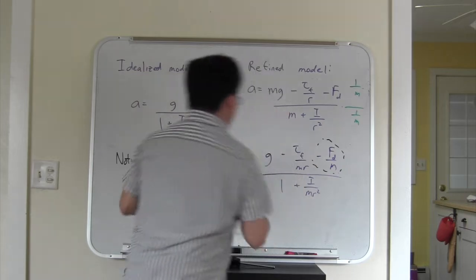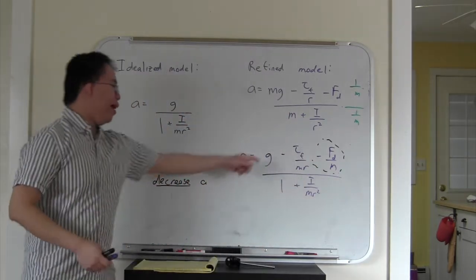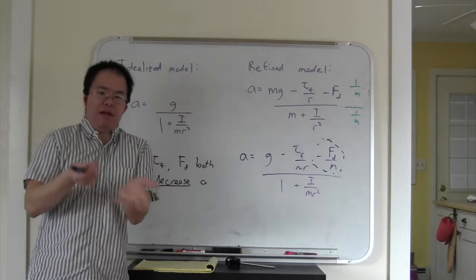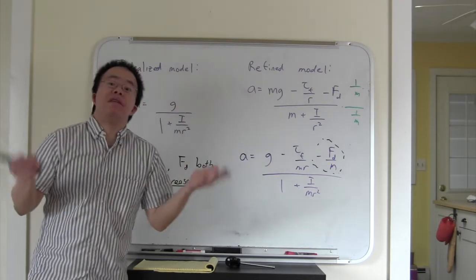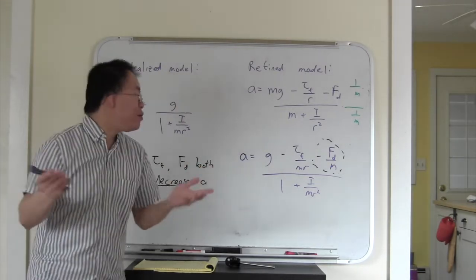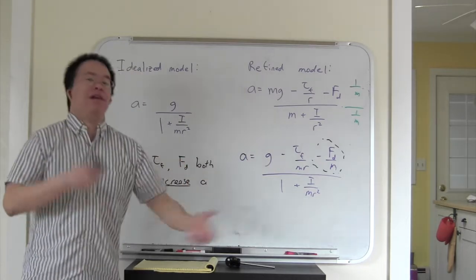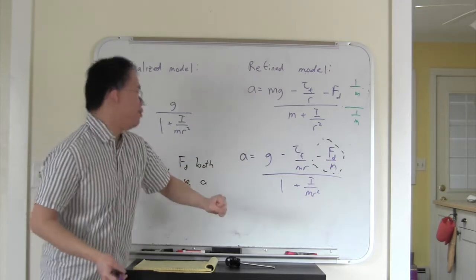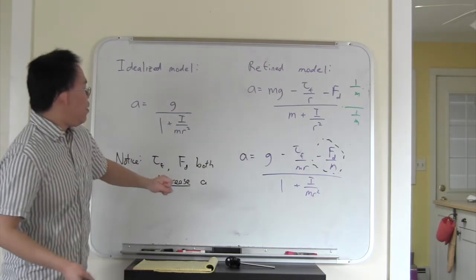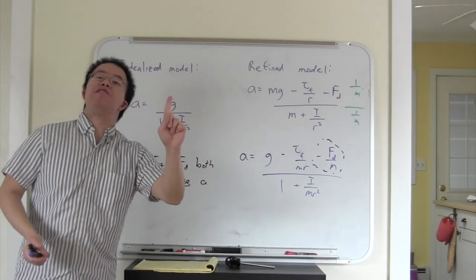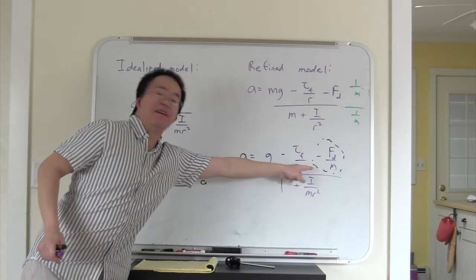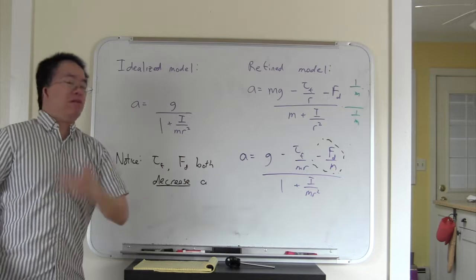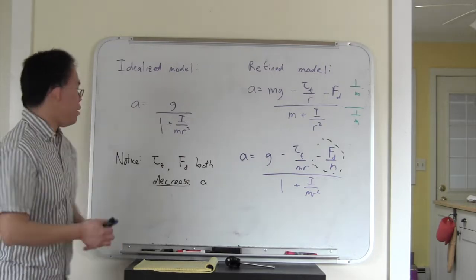Everything in the numerator that we're adding and subtracting must have the same units, so drag force divided by a mass should have units of acceleration. If we want to be in a regime where we can neglect this air drag term, which is what you're going to be trying to estimate today,